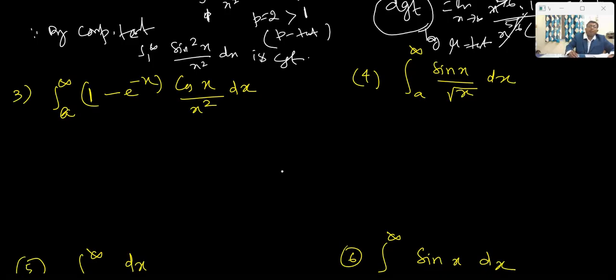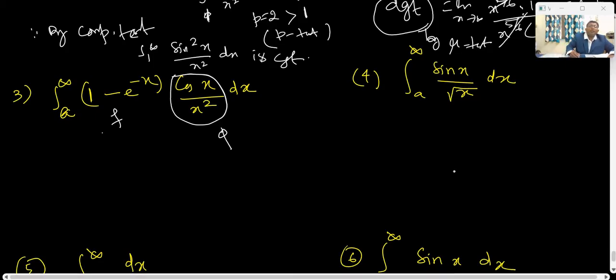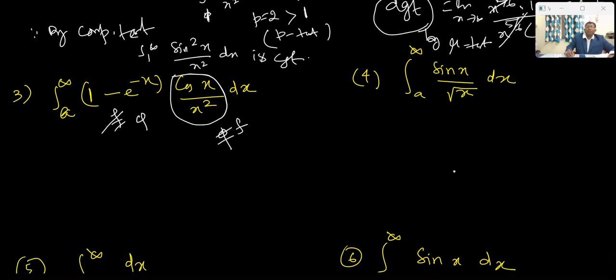Coming to this problem, let this be my f and let this be my phi, right? We don't bother. We may take this one as phi, or we may take the other as phi. We may take either, no issue. That depends upon the convenience here. So here what will happen? Here phi is